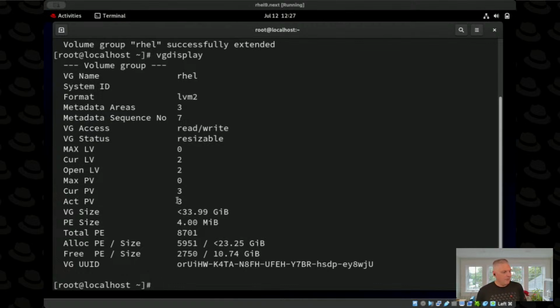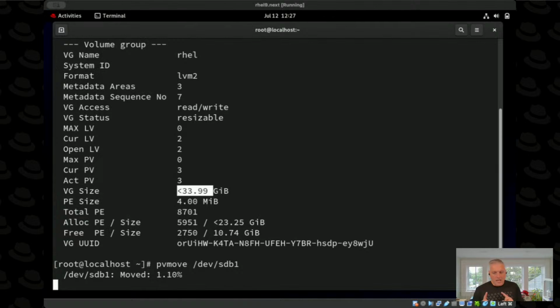All right, so we now have 3 active physical volumes, and I added that third partition on my second disk, which is 10 gigs. So that's why we went from 23 gigs to 33 gigs. But the whole goal of doing this is I want to get rid of that 5 gig partition that I added earlier as a physical volume. So there's a command called pvmove,